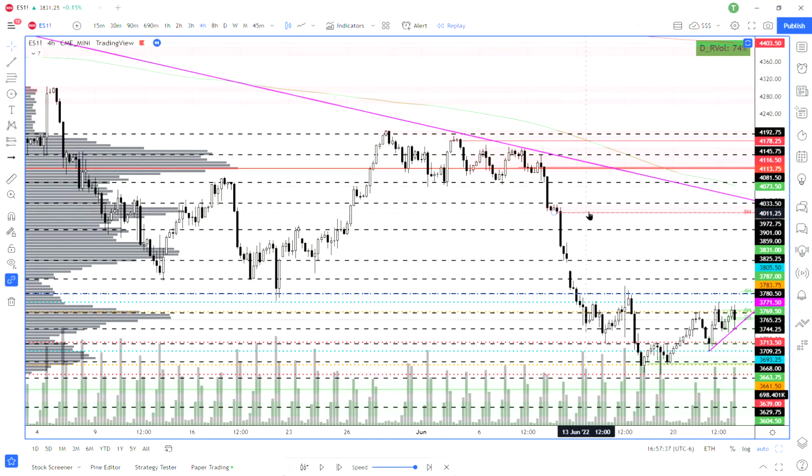Also, we have a zone there that aligns, so that's great. I don't have my zones drawn because I took some out, but the next zone we have right here is 3913 to 3940-ish area. So I would expect us that once we broke this 3780 level to move up to this